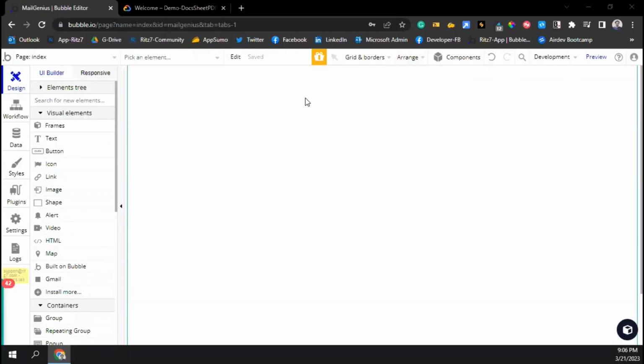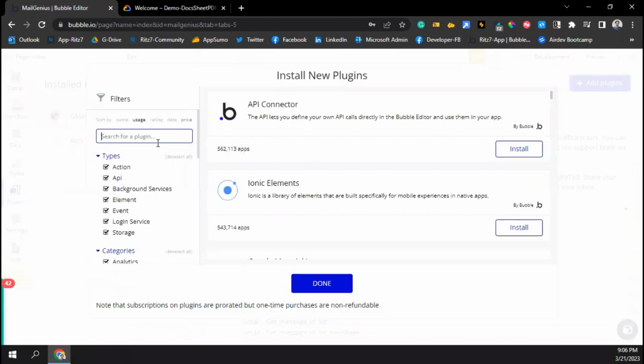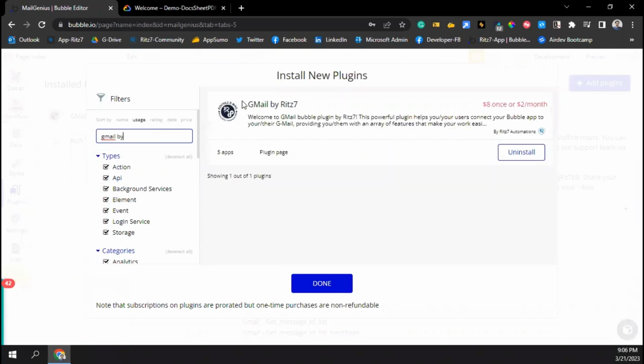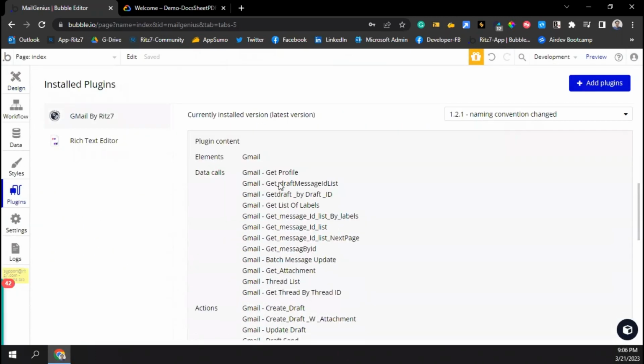Hello and welcome. Today, let's look at how to build an email automation on Bubble using the Gmail plugin by Rid7. I've already installed this plugin, but to search, you can search for Gmail by, and you should see Gmail by Rid7. Install this plugin, and here we have a lot of APIs integrated, like getting profile details, getting draft messages,